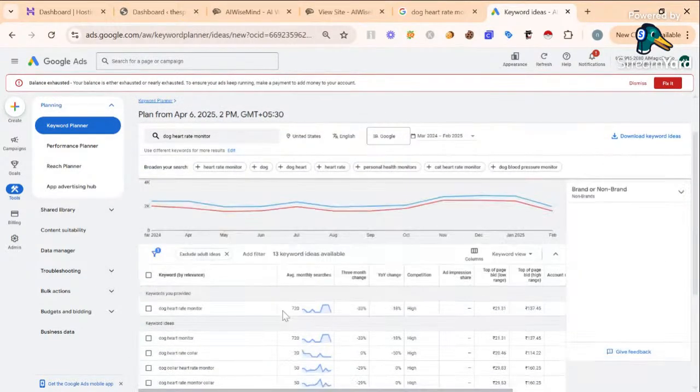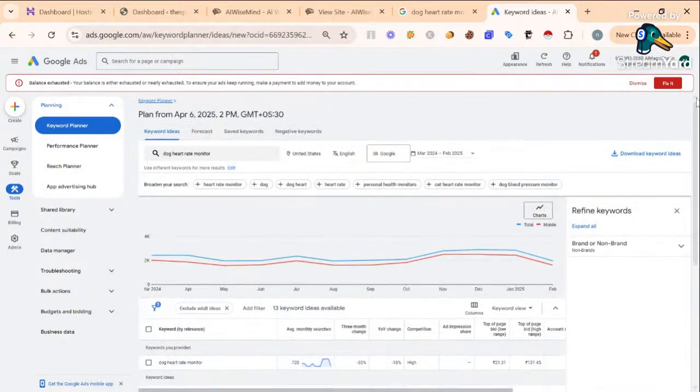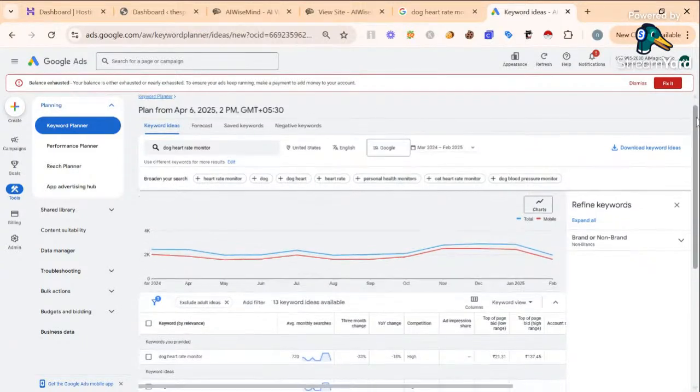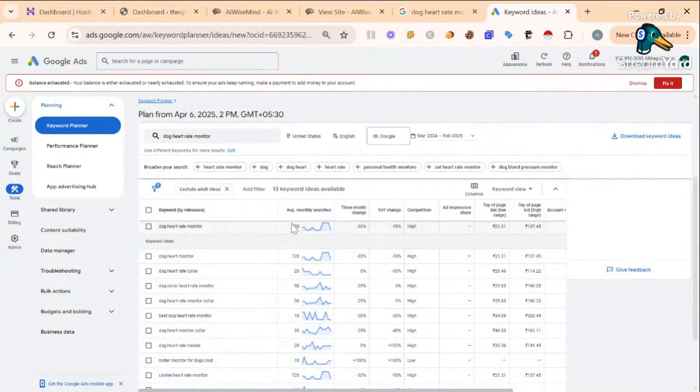Right, but here you tell me, in this list you will simply pick the keywords which have high monthly search volume, you will pick those keywords for your keyword research, and for those keywords you will write the content. Am I right? Mostly many beginner SEO marketers will do like that, but